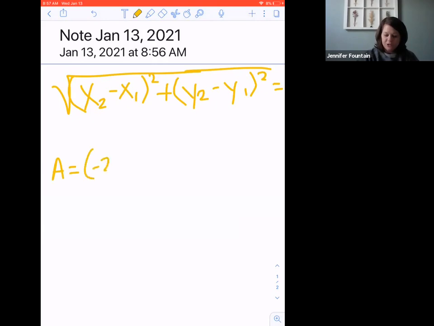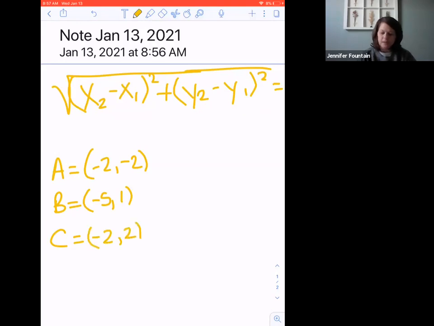A is -2, -2. B is -5, 1. And C is 2, -2. Okay, so what I'm having to show here is that